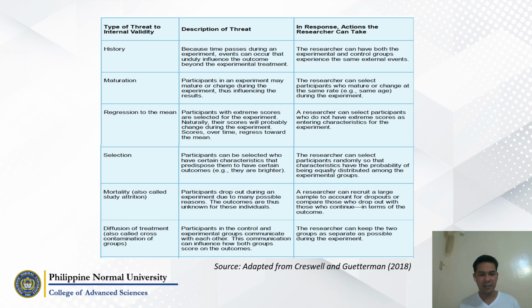Selection, participants can be selected who have certain characteristics that predispose them to have certain outcomes. So perhaps they are brighter, so expect mo na talaga na tataas halimbawa yung result mo. So the researcher can select participants randomly so that characteristics have the probability of being equally distributed among the experimental groups. Then there comes mortality,